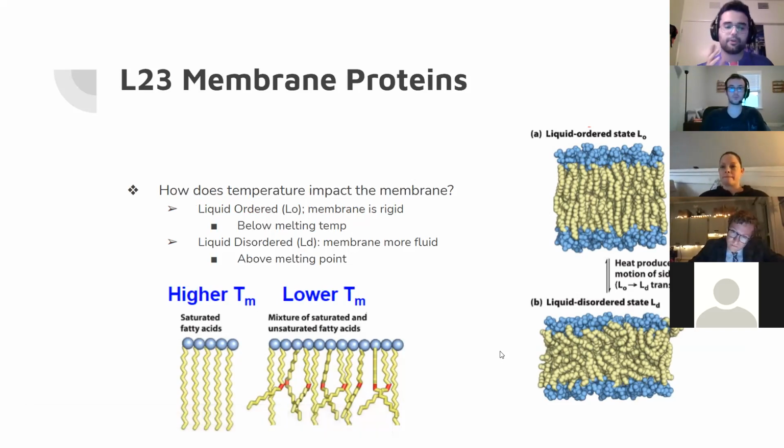So how is this important for unsaturated and saturated? We talked about how unsaturated fatty acids make a kink, right? Once we make a kink, we're going to have a lower melting point because the structure isn't ordered as much as it could be anymore, okay? So that's the big thing. If we have an unsaturated fatty acid, we're going to have a kink, which means we're going to have a lower melting point, which means we're going to be a lot quicker to reach that disordered state than it would be with a saturated fatty acid. Does that make sense?